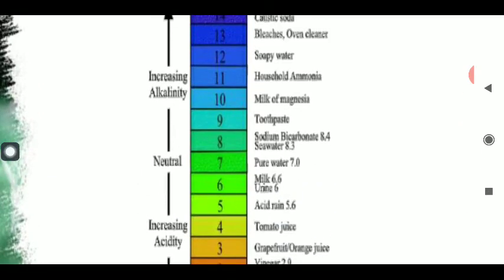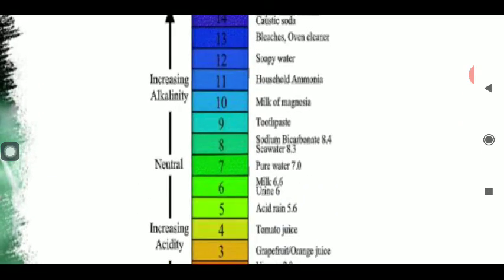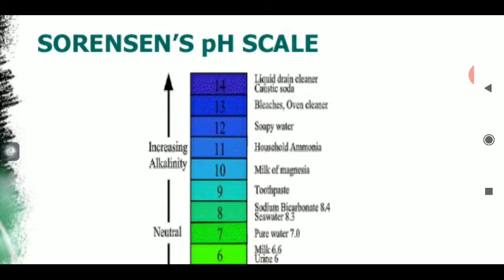As you start moving upward, you can find the color is somewhat greenish in appearance. The greenish appearance tells us the neutral nature of the compound, and later on you can find the appearance of the bluish color. As soon as the solution becomes bluish, it indicates the alkaline nature of the compound. So this is the pH scale, made by Sorensen on the basis of the color change of any compound whenever it comes in contact with the universal indicator. This scale is very important to classify and notice the acidic and basic nature of any compound in lab conditions.